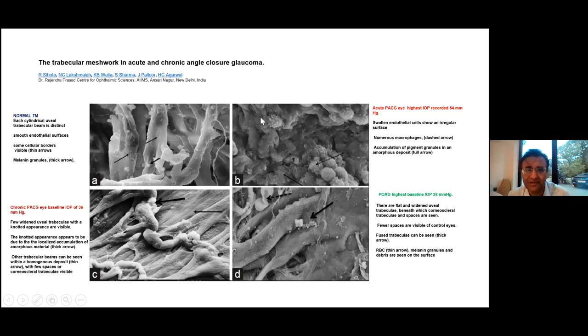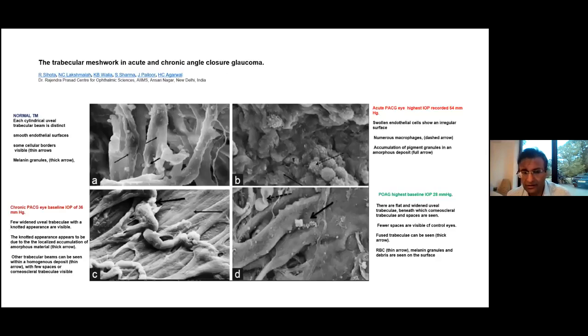You can see some beams here, but over here the architecture has been destroyed, and you can see large macrophages and big pigment clumps, which are now accumulating in the trabecular meshwork, and they're not being cleared. So I won't discuss